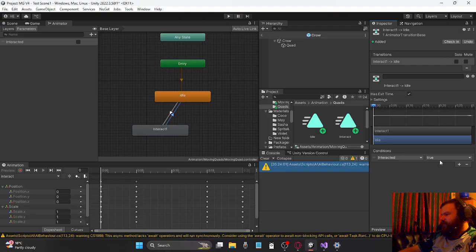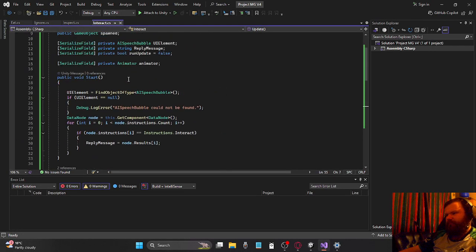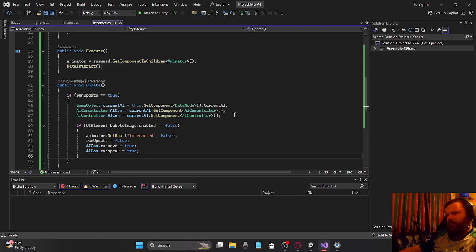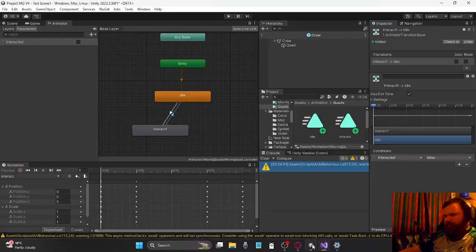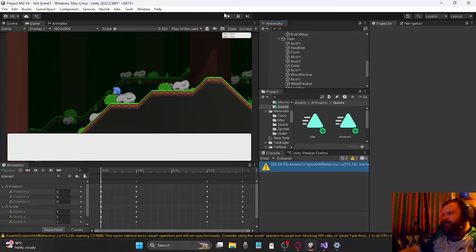Your condition is interacted false. Then it should just run. I shouldn't have to change code. It should just run because it should all be connected to the same code. So if I go out of there and I hit play,